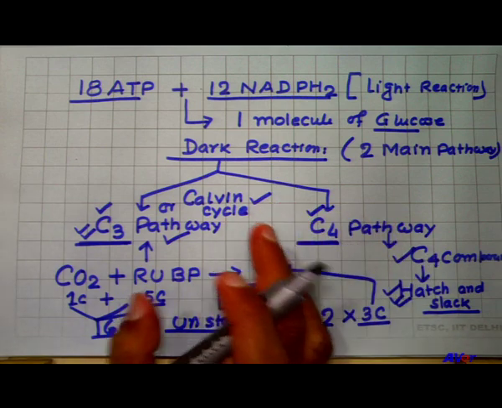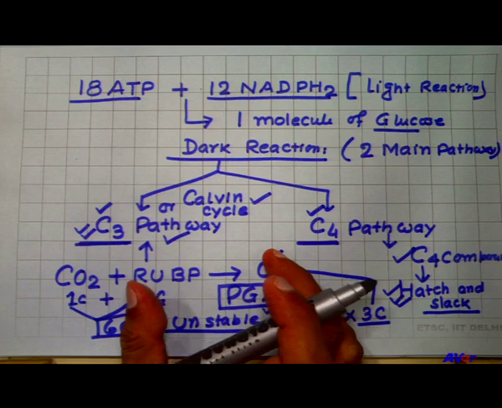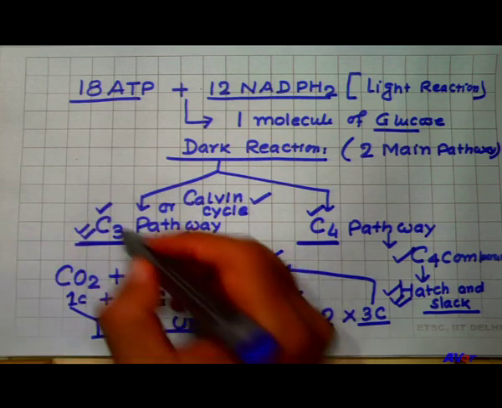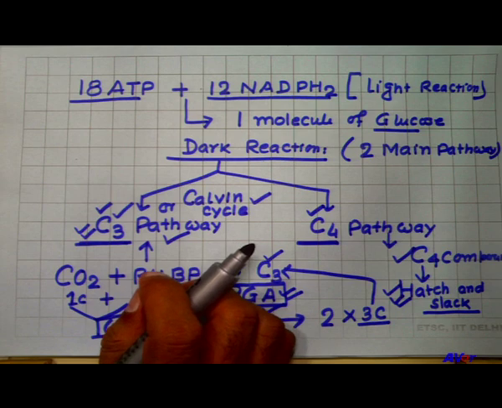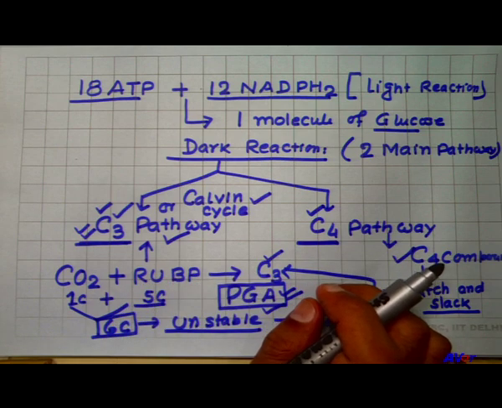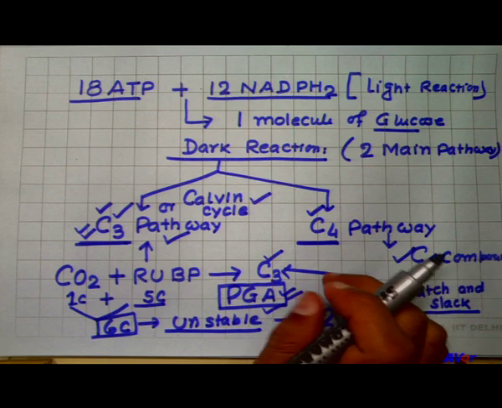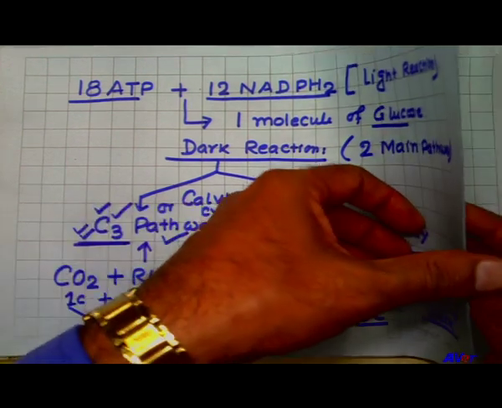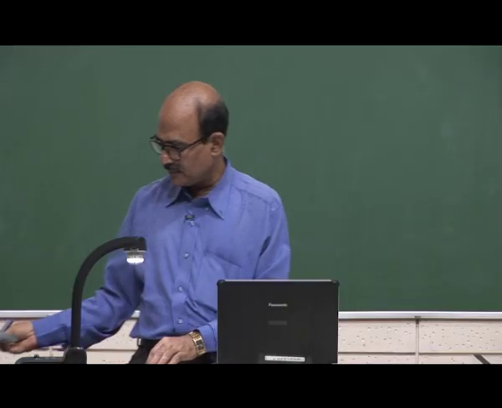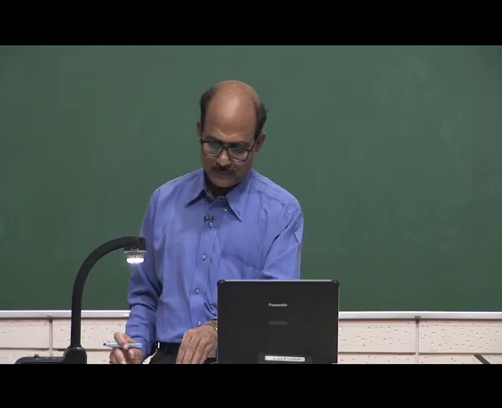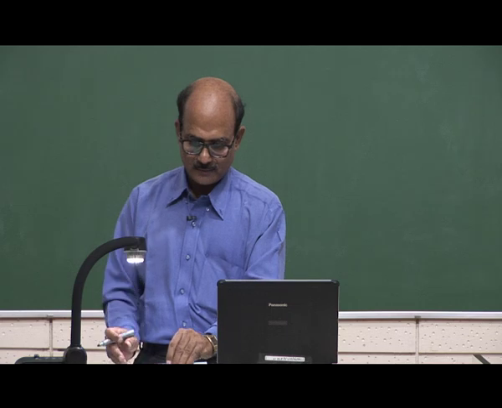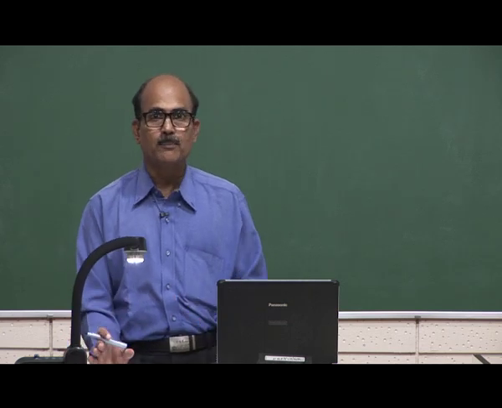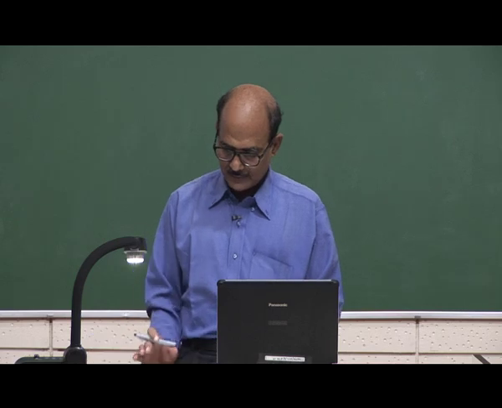So, now we are able to understand that the dark reaction has two phases. When the first stable product formed is the carbon 3 compound PGA, that is called the C3 pathway, and when a carbon 4 compound is formed, that pathway is called the C4 pathway, or after the discoverers, the Hatch and Slack pathway. But there is no taxonomic importance of this pathway,